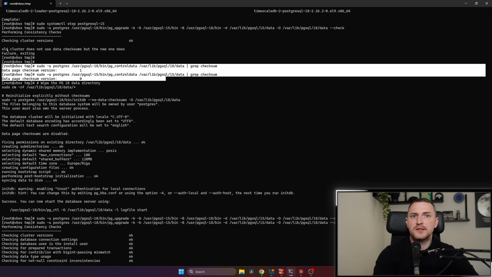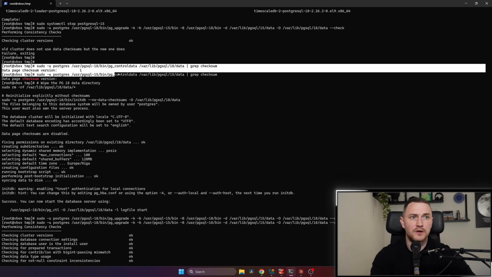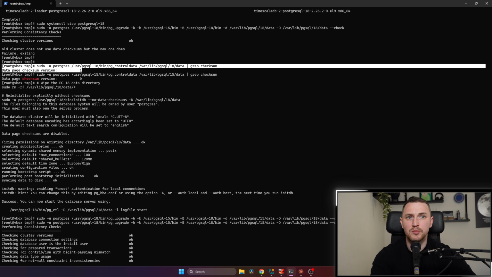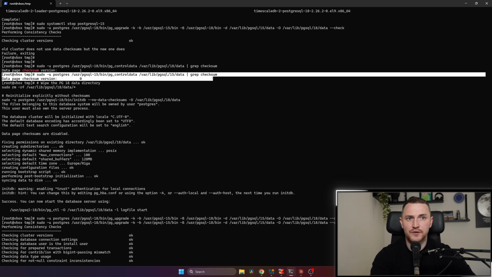Okay, so as you can see, we had an error message that the old cluster does not use data checksums, but the new one does. I've checked both versions independently. Here is the output of version 18 grep checksum, and the value is 1, so it is enabled. Here's the value for version 15: it's 0, so that is disabled, which actually came as a little bit of a surprise, because I've run just the default initdb for Postgres 18, which in my understanding should not have the checksums enabled